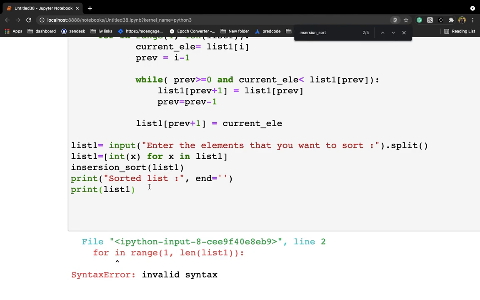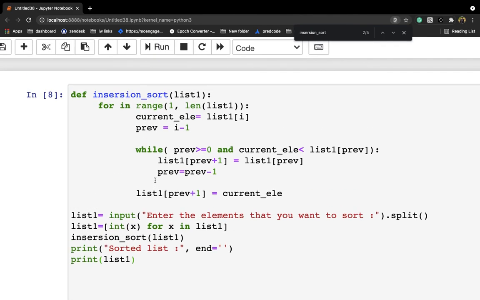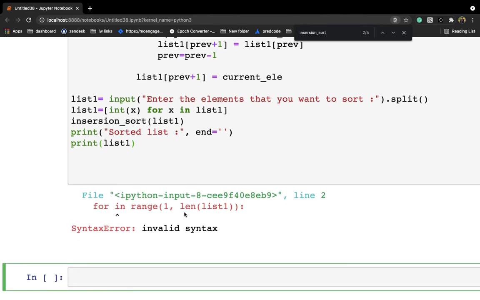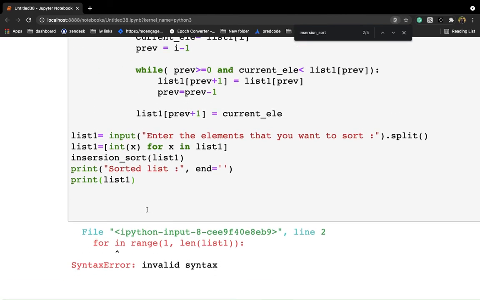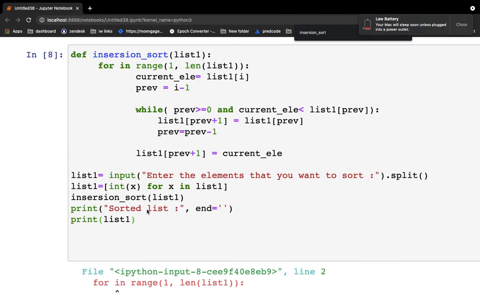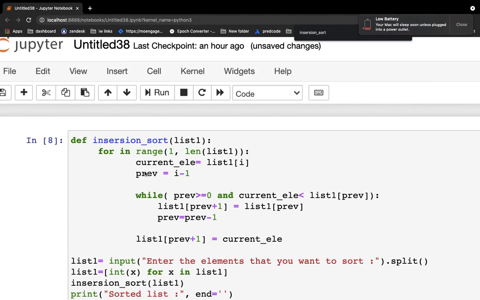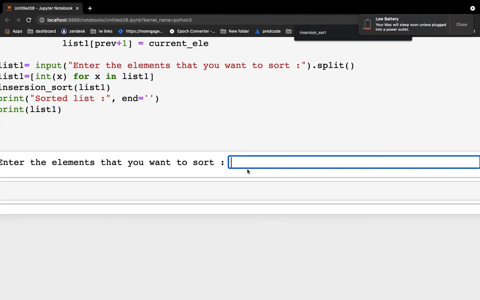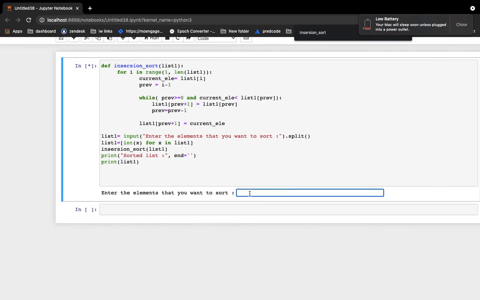Where is the error? Okay, for i in range. Oh, for i. Okay, once you run this, it asks you to enter the elements that you want to sort.